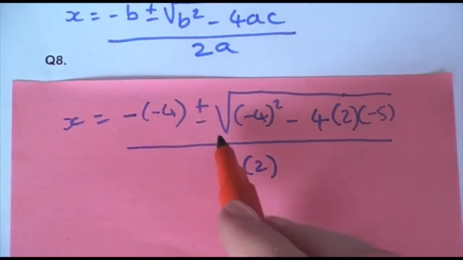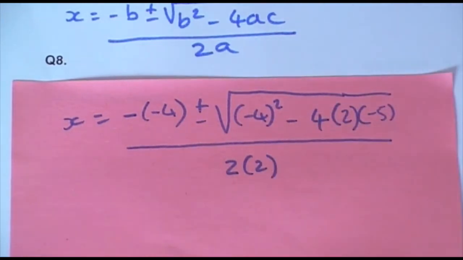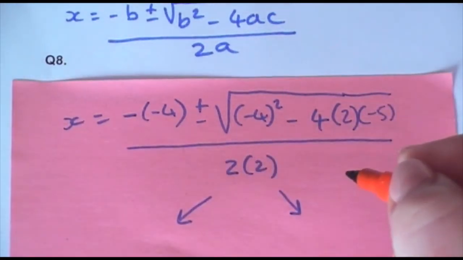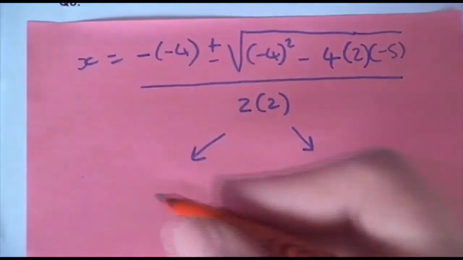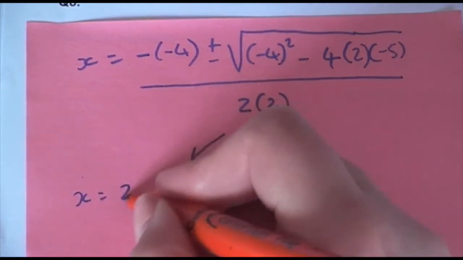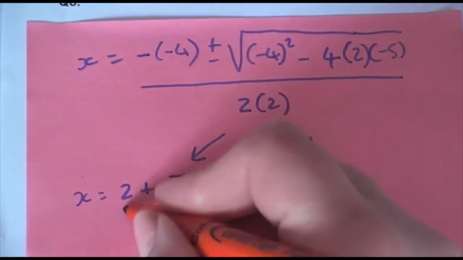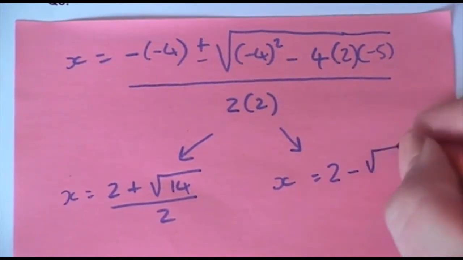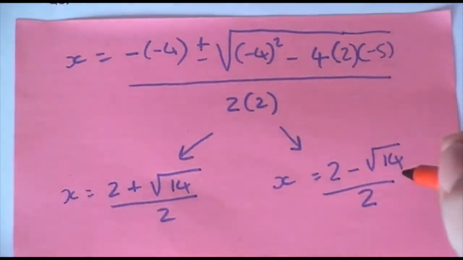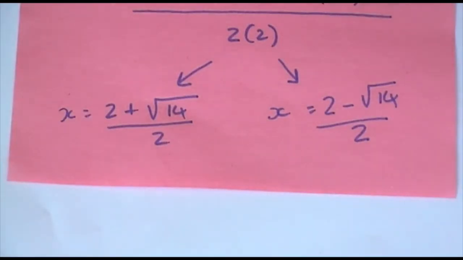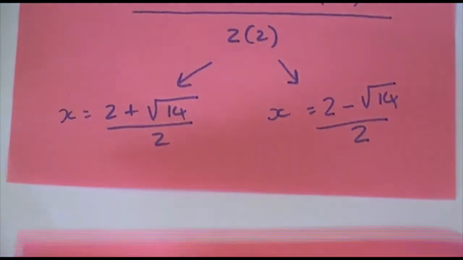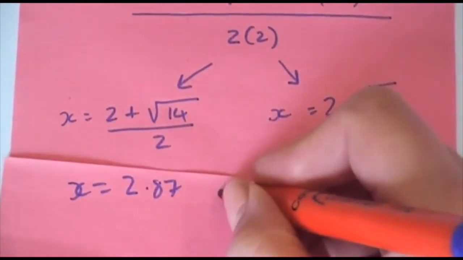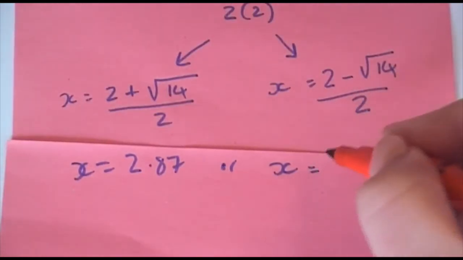So x equals negative b plus or minus the square root of b squared minus 4ac divided by 2a. Then I split that and I do one as a positive and one as a negative. And that will end up giving me, when that's put in the calculator, x equals 2 plus the root of 14 over 2, or x equals 2 minus the root of 14 over 2. When I press S to D on my calculator, I'm going to end up with x equals 2.87 or x equals negative